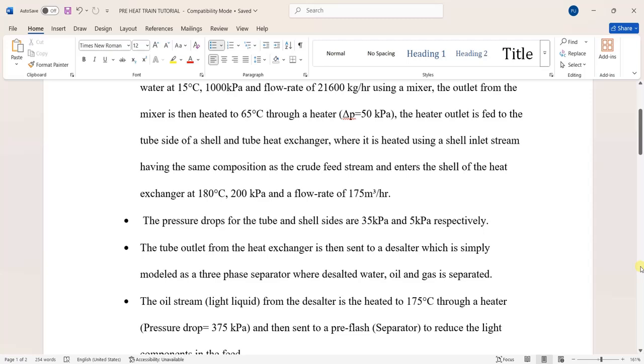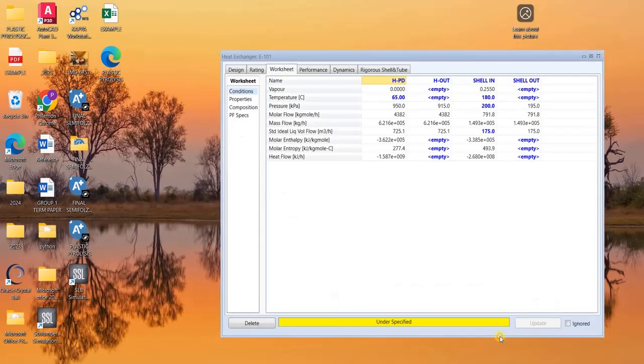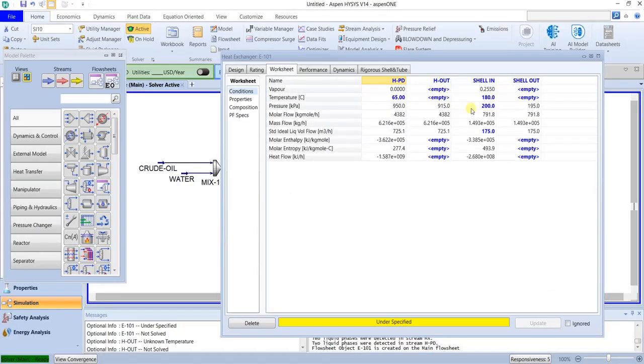So from the question, we have the heat exchanger specifications. We use the simple weighted model, and the shell side outlet temperature is 95 degrees Celsius, right? Basically, these are the parameters we need to solve this particular heat exchanger. Okay, so shell outlet is 95,